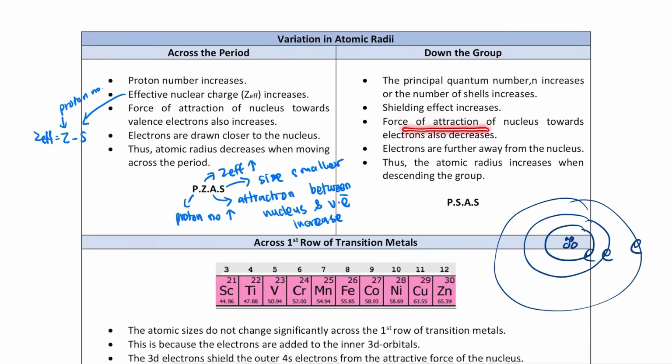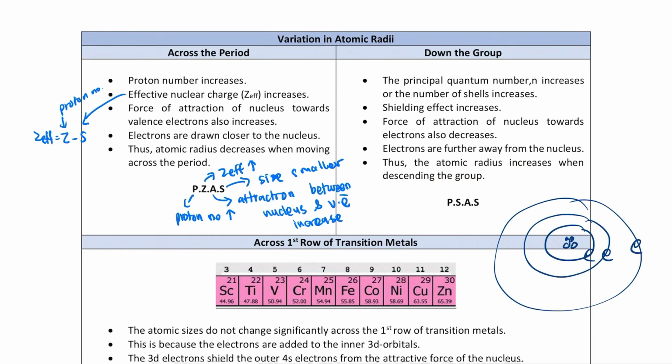So bila shielding effect meningkat, force of attraction of nucleus toward the electron decreases. Kenapa decreases? Sebab elektron are further away from the nucleus. Bila berlaku repulsion tu tolak kan. Kamu bayangkan saya tolak kamu, so mestilah kamu ke belakang. So itu menyebabkan kamu makin jauh daripada nukleus. Bila elektron ni makin jauh daripada nukleus, that means dia punya attraction makin lemah. Bila attraction makin lemah, dia makin jauh, so itulah menyebabkan going down the group size makin